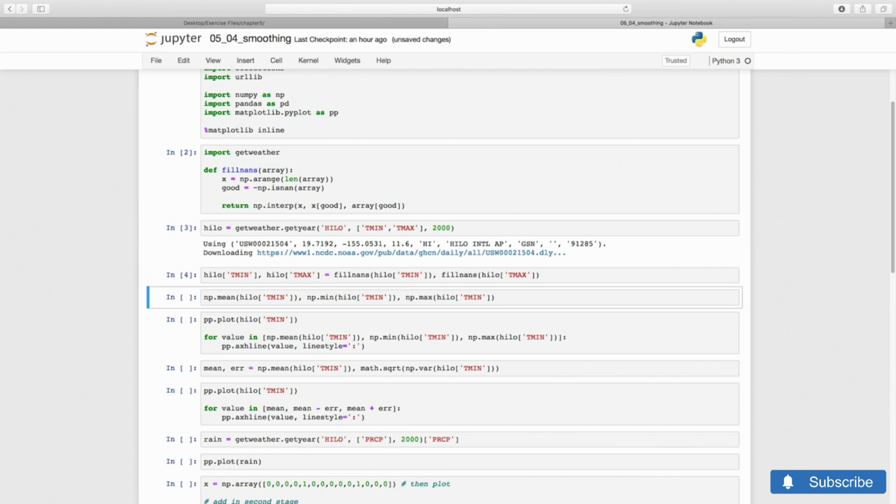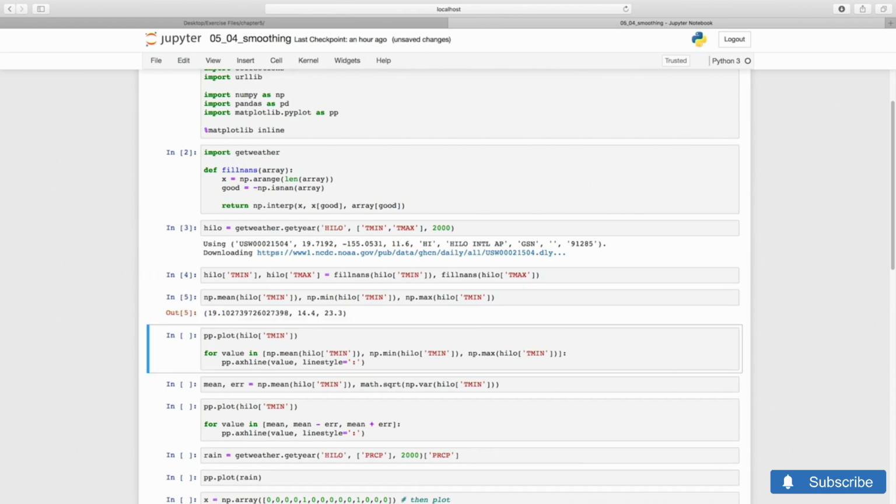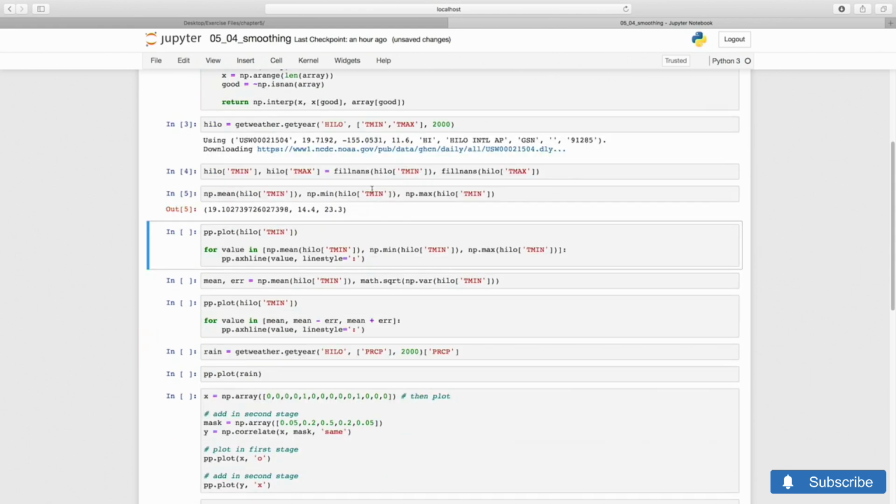Let's look at some data summaries. The yearly average, which gives us a sense of the typical value for tmin, and its min and max, which span the range of variation of these measurements. We can plot these summaries together with the time series. The Matplotlib function axhline plots a horizontal line that spans the entire graph, often useful for reference values, and we'll make them dotted.